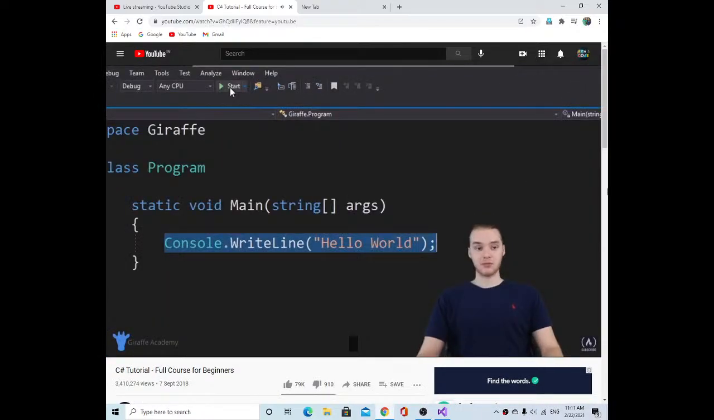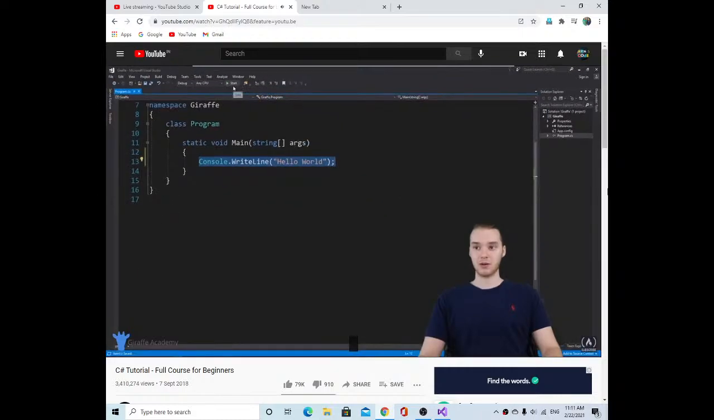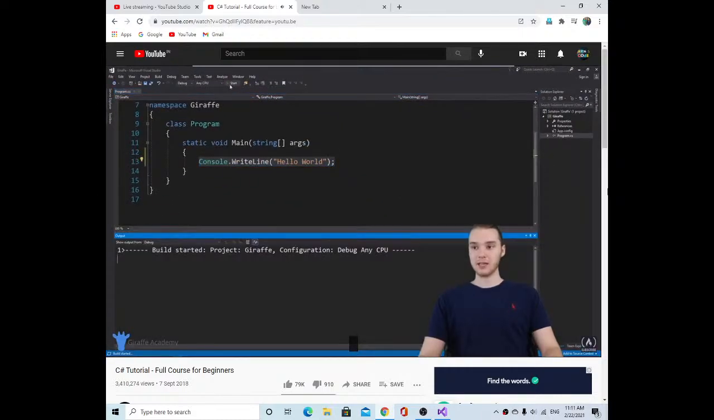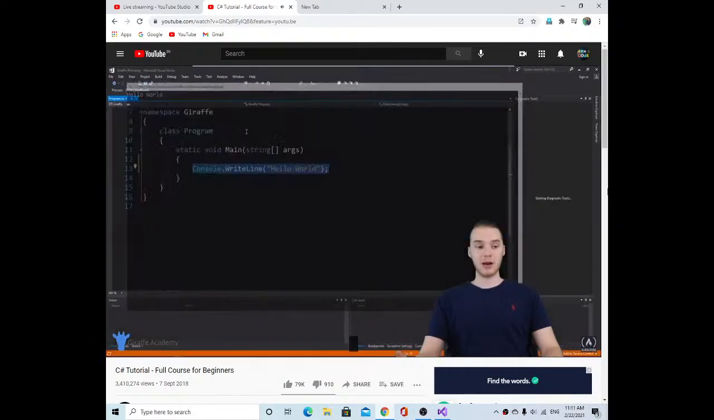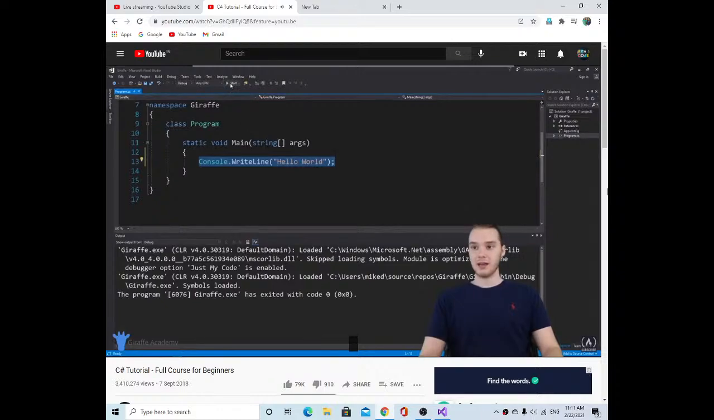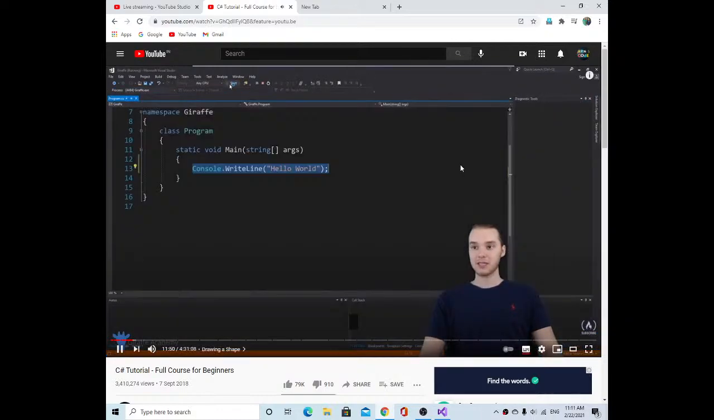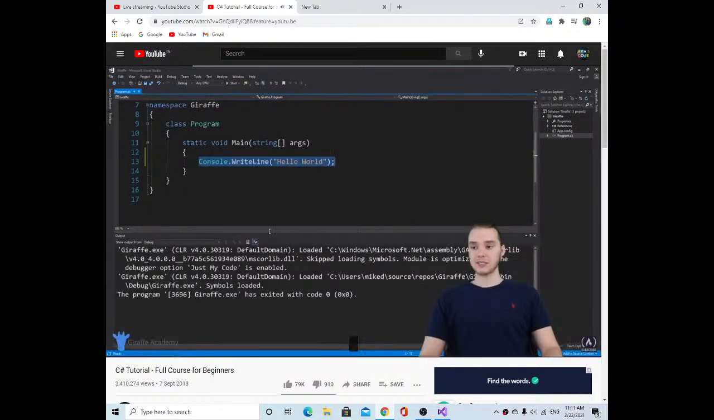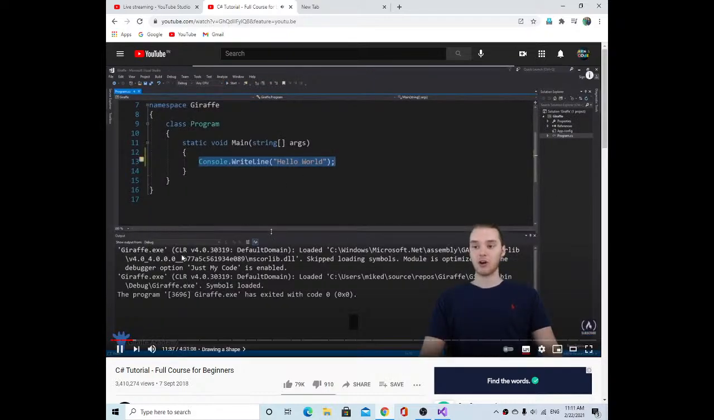This is going to be our best friend throughout the course. Anytime I want to run my program, I'm going to click this start button. So I'm just going to click it. And when I click this start button, my program is actually going to run. And if you look there, you'll see that a black window popped up for just a second. I'm continuing to run it. Essentially what's happening is C# is printing